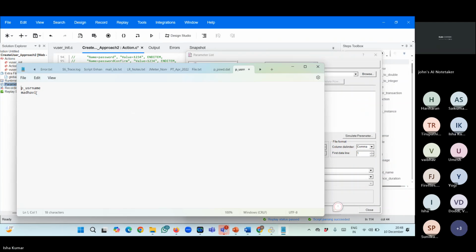Madhavi, and I will be providing Yamini, Sai, Sunil, John,